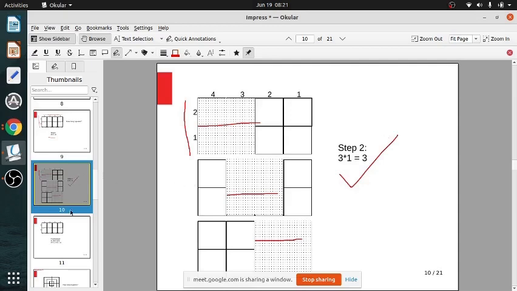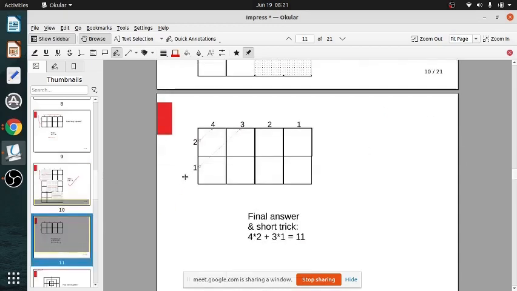So, how exactly do we do it in shortcut? 4, 3, 2, 1, 4, 3, 2, 1, and here you have got only 2 and 1. So, write 2 and 1. We multiply 4 into 2, and we multiply 3 into 1. So, 4 into 2, 8, plus 3 into 1, 3, so 11 squares. There also we got the same thing: first we got 8, and then by taking the first and second, second and third, third and fourth, we got 3 squares. So, 4 into 2 and 3 into 1, giving 11 squares. Got it? Up till this okay?